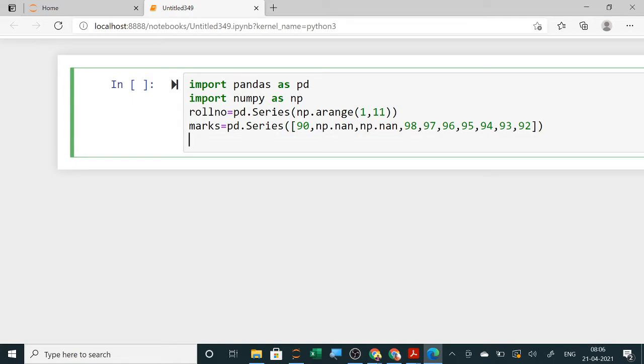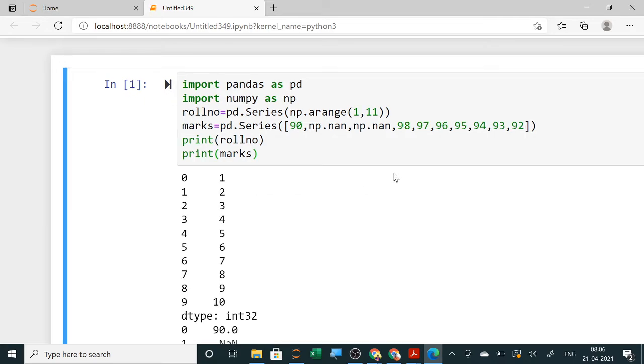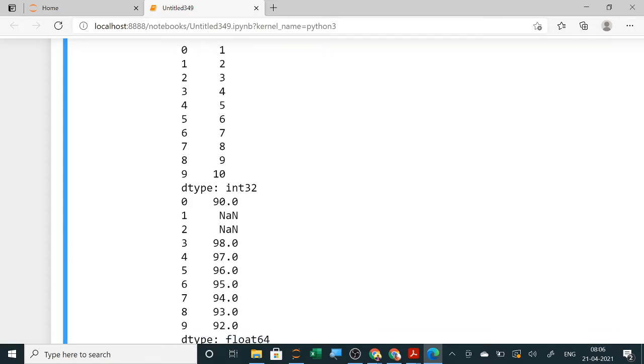Now when you display, you can easily find out, suppose print roll number, it will show the roll numbers, print marks, it will show all the marks. So you can see how it will display. If I am giving the name roll number series, I want to display first, and then I want to display marks. So print marks. Now when I am displaying here, you can see it takes a little time. Now roll numbers 1 to 10 have been displayed, and here you can see marks have been displayed, and by default it has made them float, and